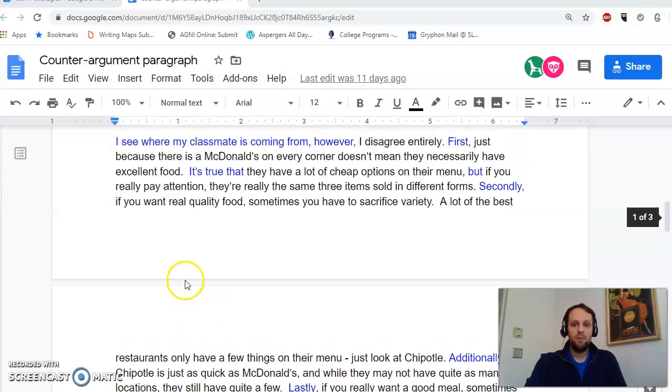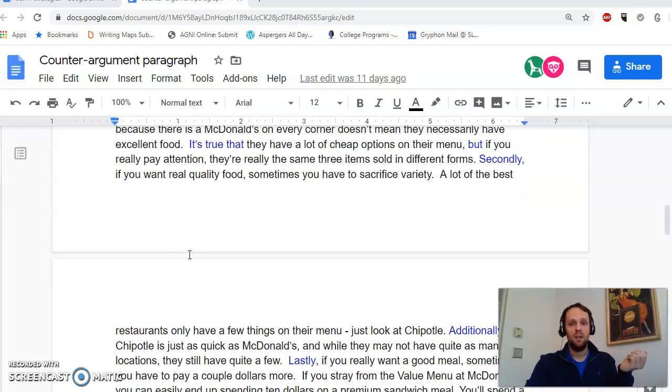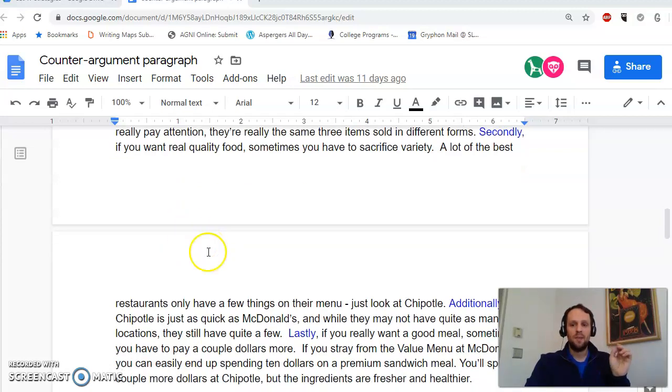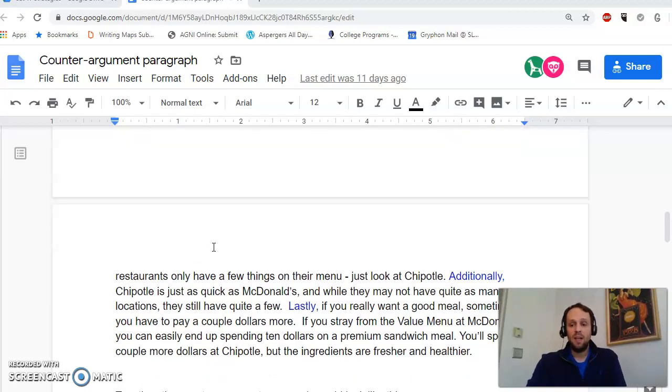So, if you'll notice, I went through point by point on what they argued, and then I explained why I believe that's mistaken or misleading. They said that they've got a lot of variety, they've got a lot of options, but I'm saying it's misleading. They don't really have that many options. And variety, if you want quality food, sometimes you're not really looking for variety. You're looking for a place that does a few things and does them well. So again, I can't argue that McDonald's doesn't have variety, but I'm going to argue that that's not the most important thing.